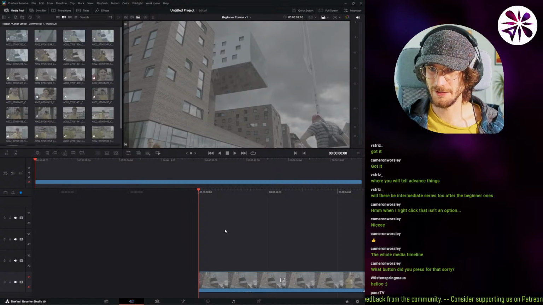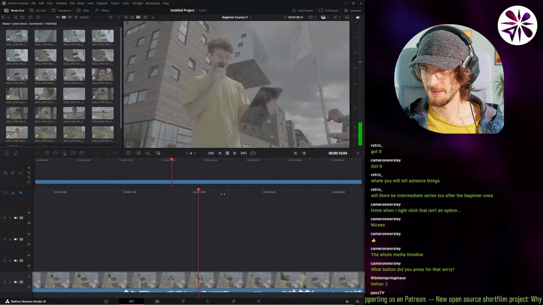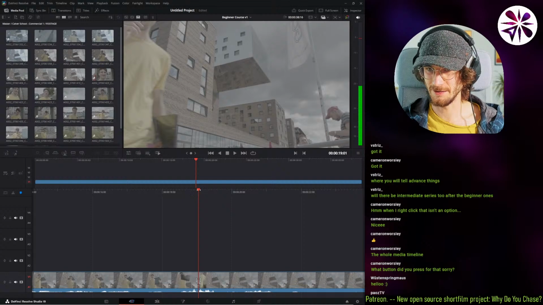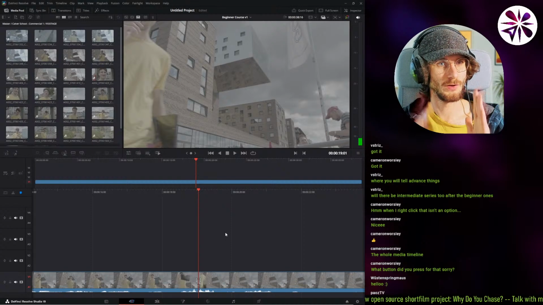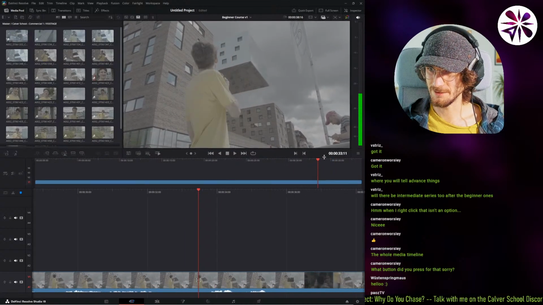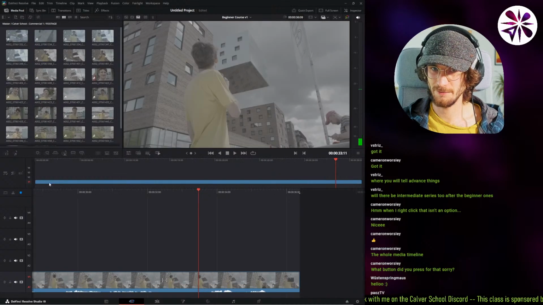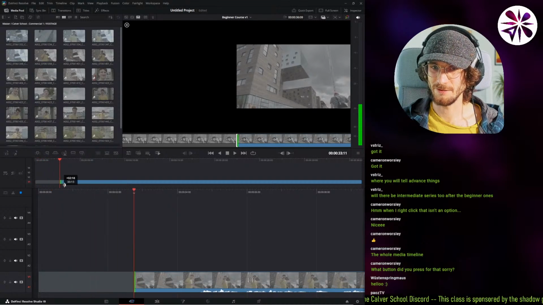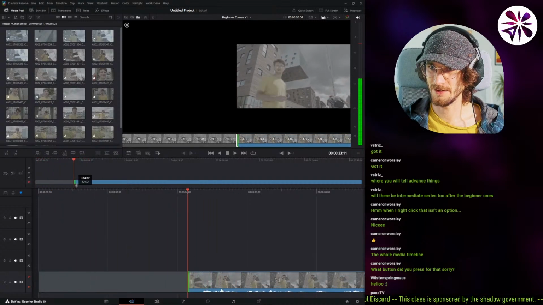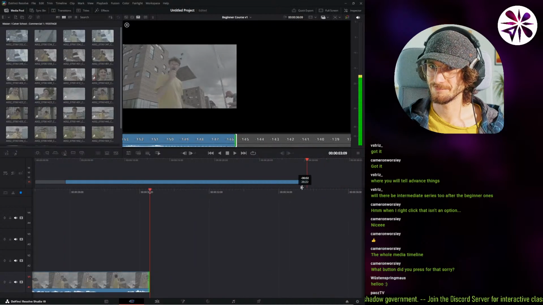Okay, so we've got our clip now, and the cut page has these two views. The top one is the whole timeline, everything that you have in your timeline. And the bottom one is your clips in a closer look, so you can edit more closely, in more detail. You can trim clips on the top here. If you go to the end or the beginning of a clip and drag, you can select the end point. For example, I want to start when I'm starting to come into the frame, and I want to end